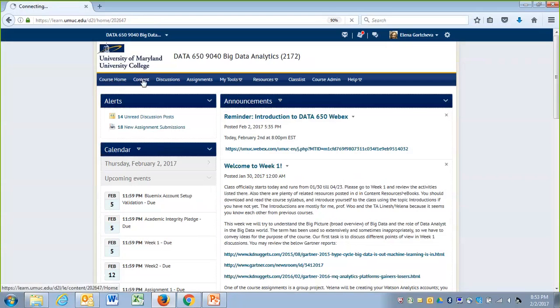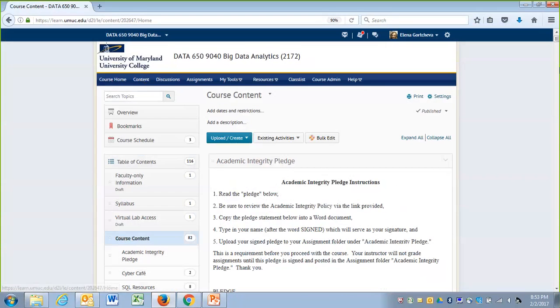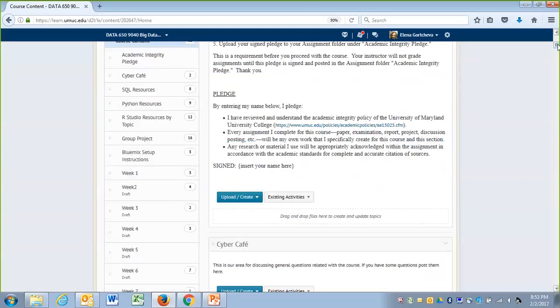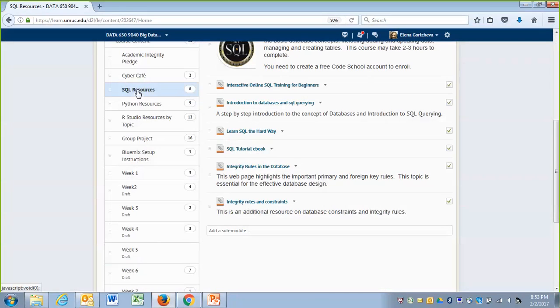Course content has stuff which is week by week, but also stuff which is, for instance, SQL resources. These are for people who need the SQL skill because Big SQL is based on the ANSI standard. The Big SQL for Hadoop and for Spark are based on the ANSI standard. So if you need to reshape your SQL skill, here are the resources.